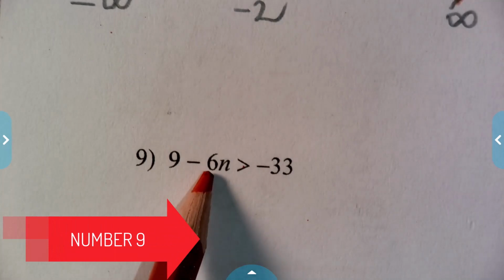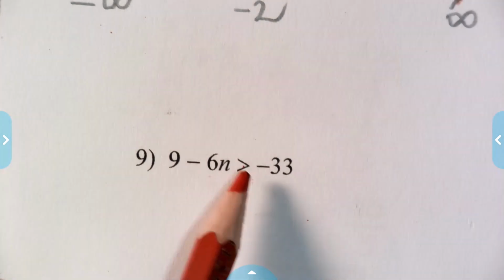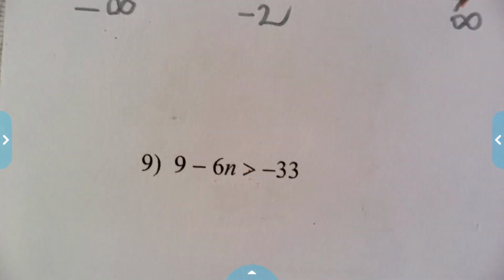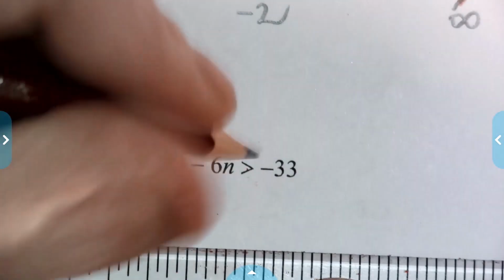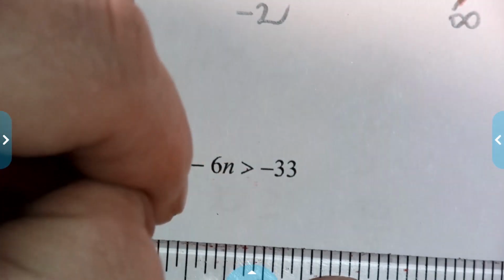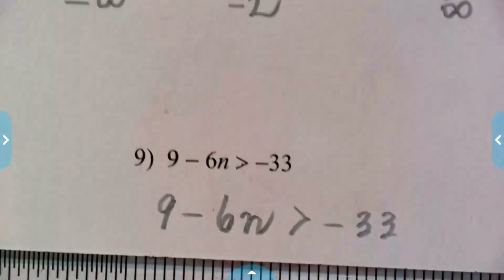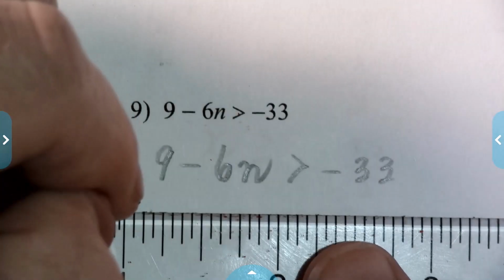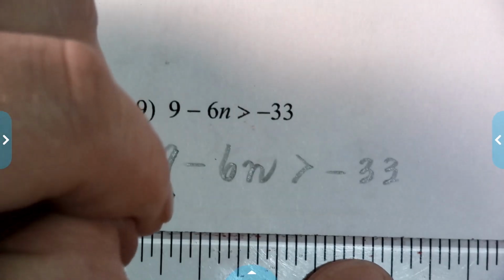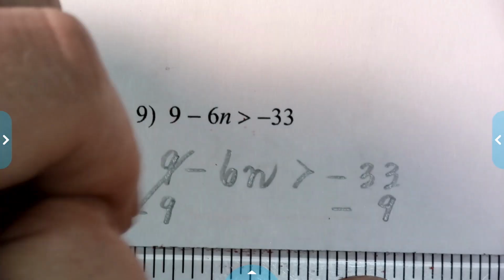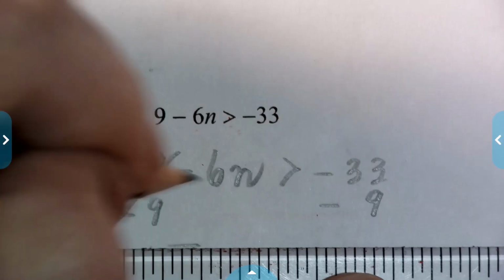Now I notice right away I'm going to end up dividing by a negative, so be careful, you're going to flip this sign. So first let's write it out. We got 9 minus 6n is greater than negative 33. Okay, let's peel the onion. So first we'll subtract 9 from both sides. Cancels out those 9s. Now I got negative 6n